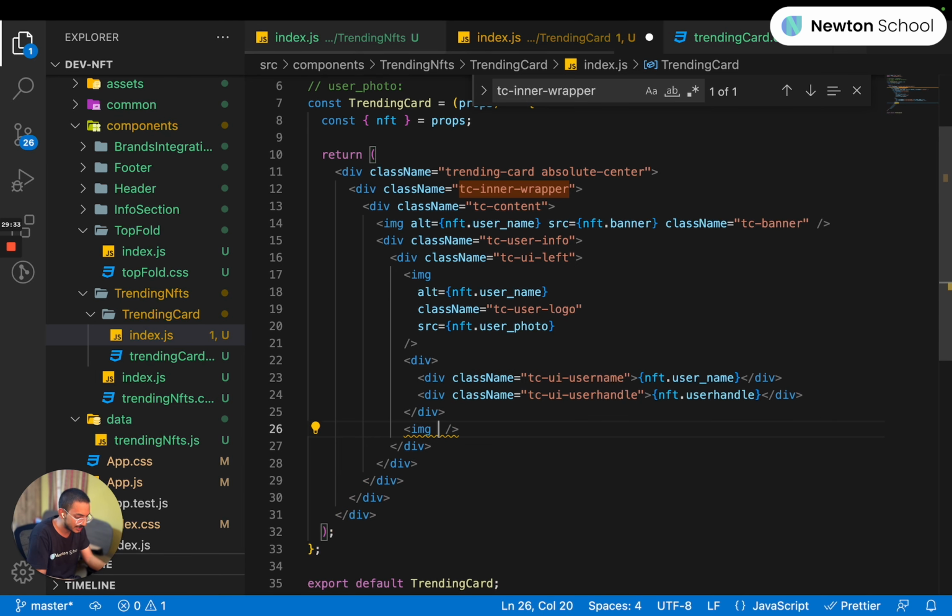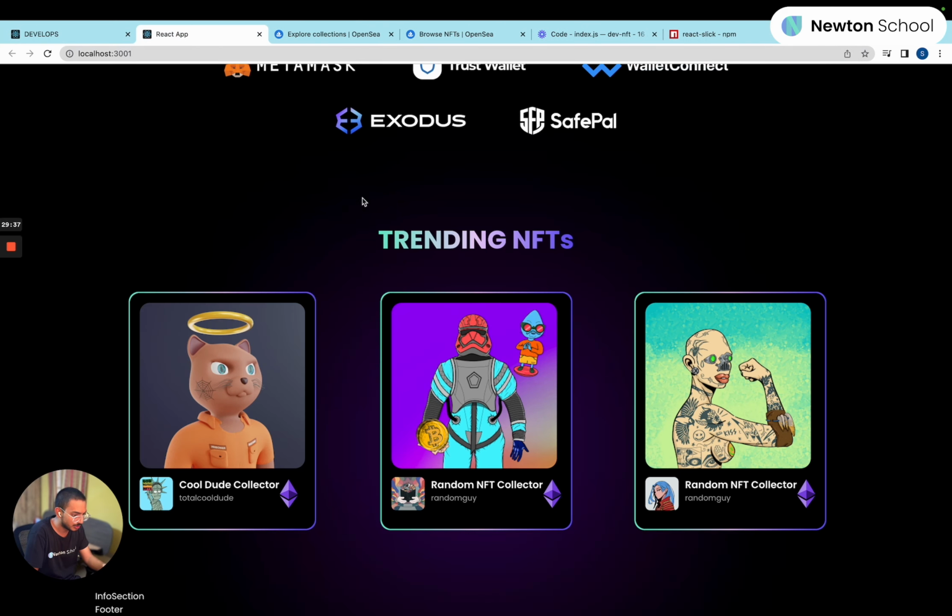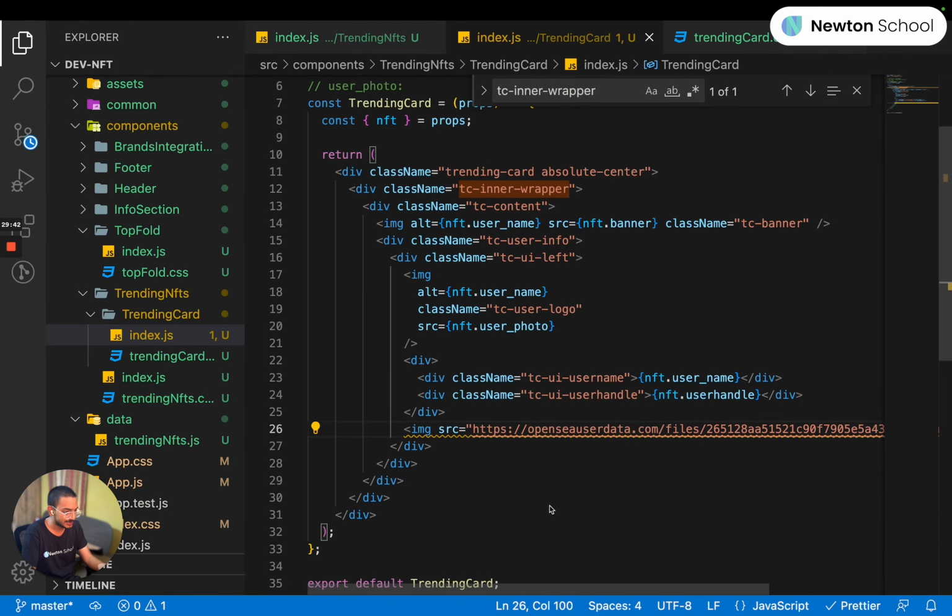So for this, I'll say source is equal to this. If I save it and go here, you can see it's quite big. I just have to make it small. So to make it small, what I will have to do is